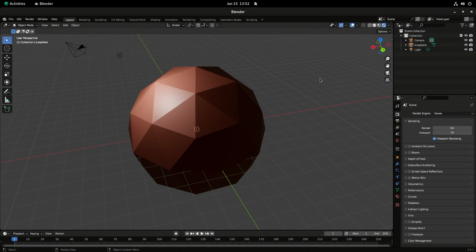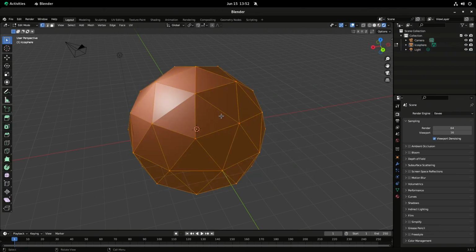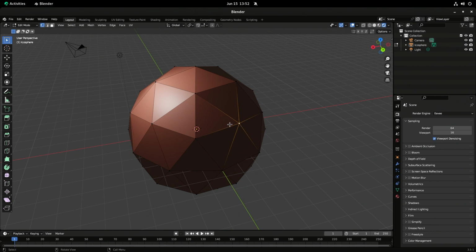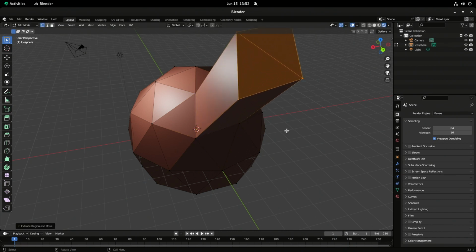Anyway, so I can come in here and I can change all these different things, right? If I hit the Tab key, again, it's just easier to do this with a lot of the keys, but you can do a lot of this stuff up here, like this edit mode. I can come up here and select, but I can actually select the different vertices and select faces. And so I could use the E key to extrude, and now we have that.